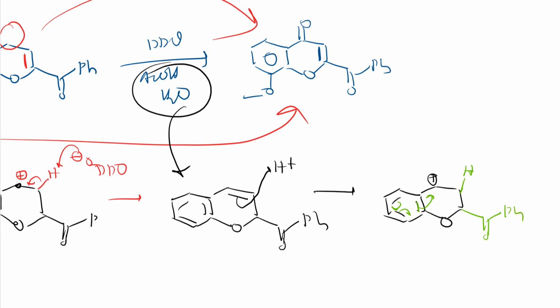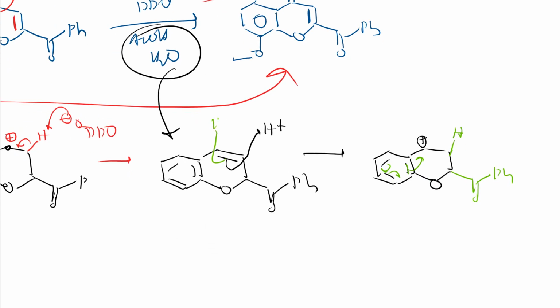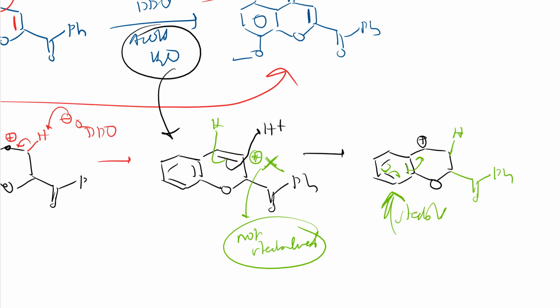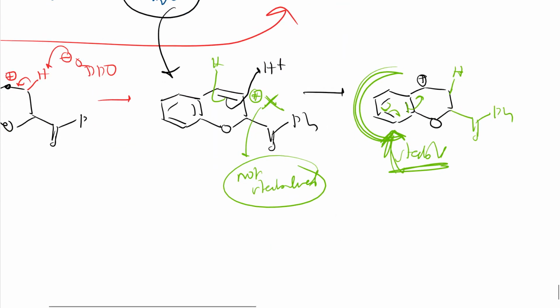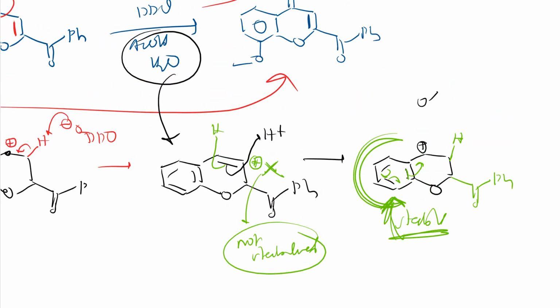You may ask, sir, H plus can attack here, so the carbocation could be generated here, but it doesn't happen because this carbocation is not stable. It is not stabilized by any group, so it is not stable. Whereas this carbocation is stable, which I have written above here. It is stable because it is stabilized by this pi bond like this, right? So you understood this, right? Further, what happens? Water is there in the solution, right? So the lone pair will attack here.